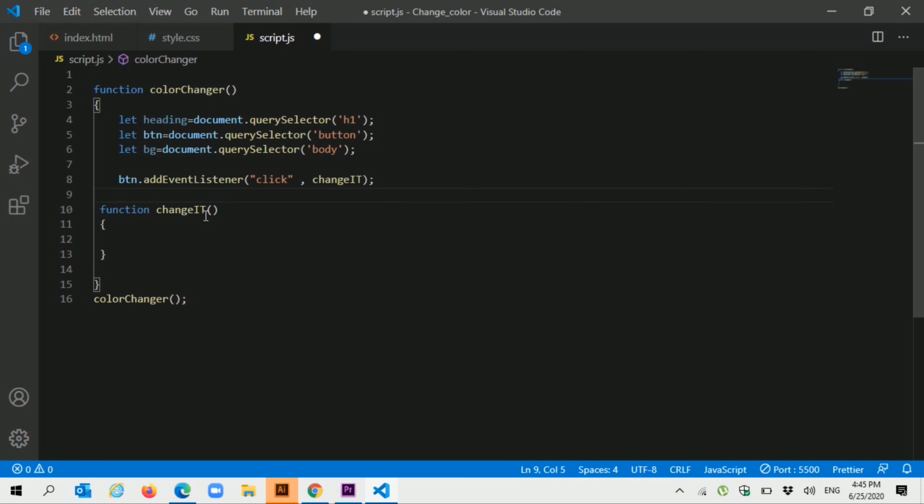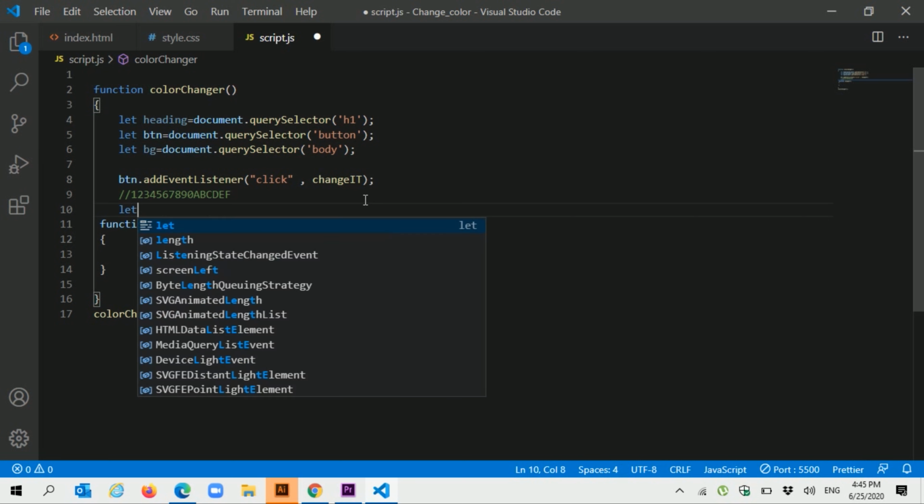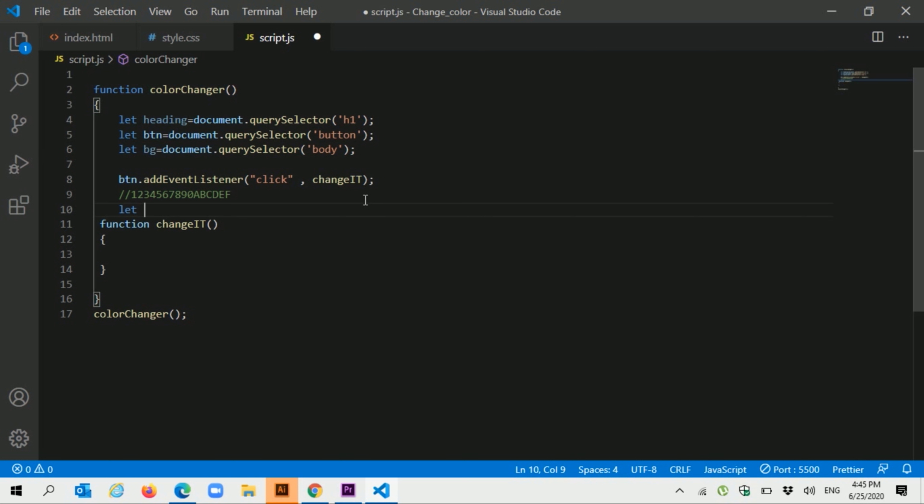For hexa I need the following numbers: 1 2 3 4 5 0 a b c. I need these for the array. Let me name it color is equal to